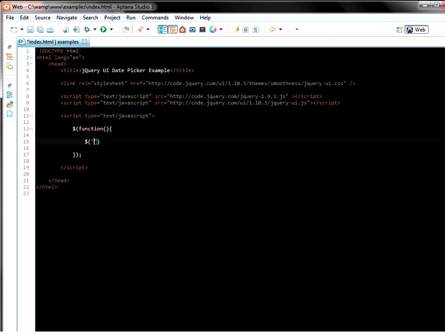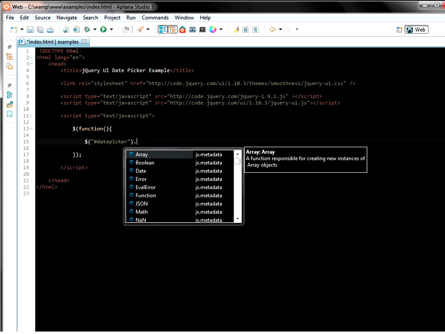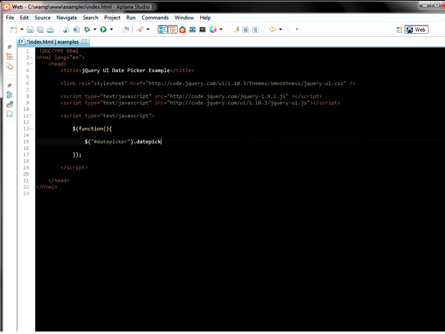The ID for my text input is going to be called date picker, and then I'm going to reference date picker, the function. I'll go down here, finish out our web page,